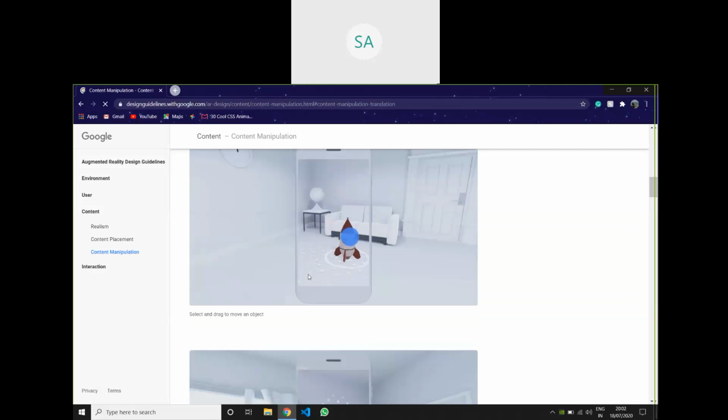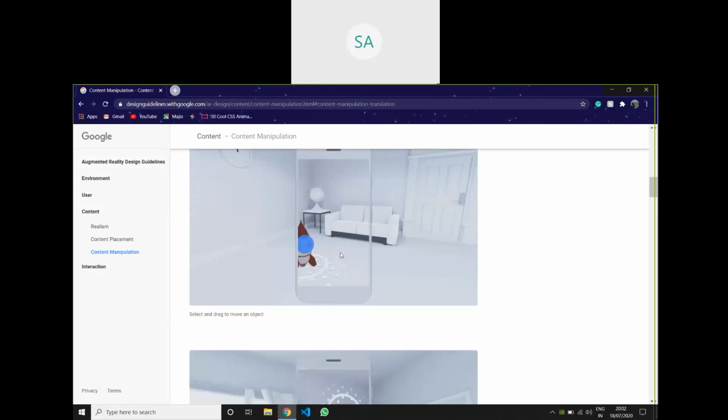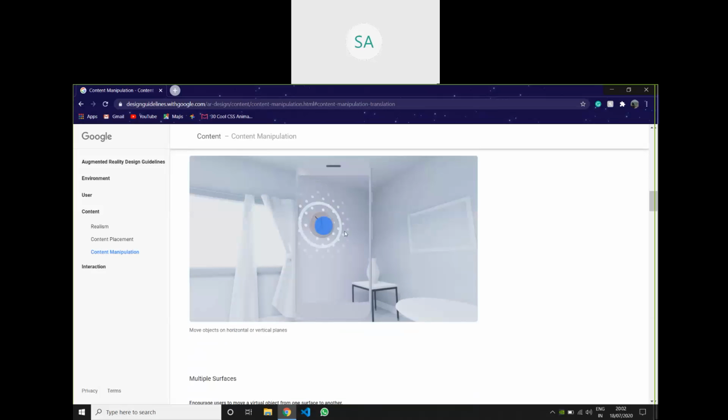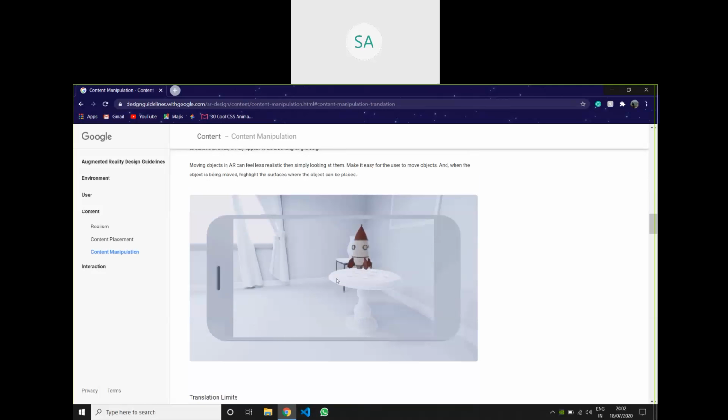And translation, moving: select and drag to move the object. This is another option we need to give the user. This is on a horizontal plane and this is on a vertical plane. And when there are multiple surfaces, I've already told you about this.